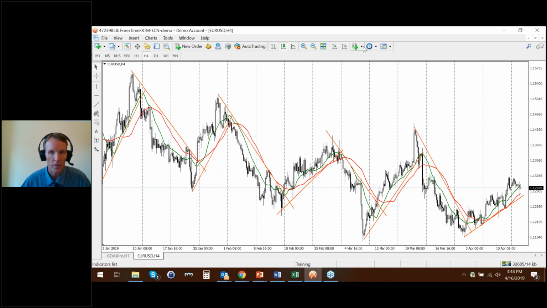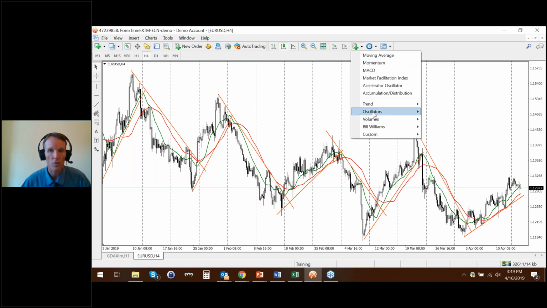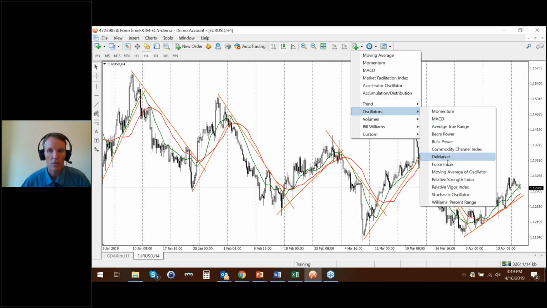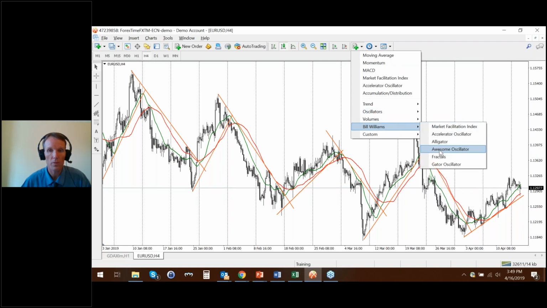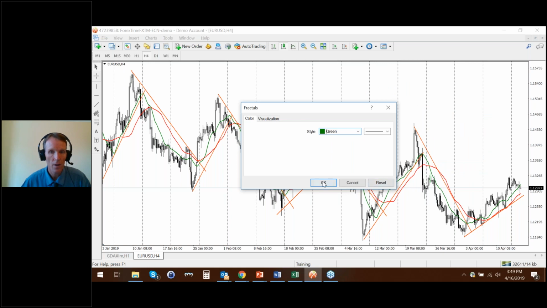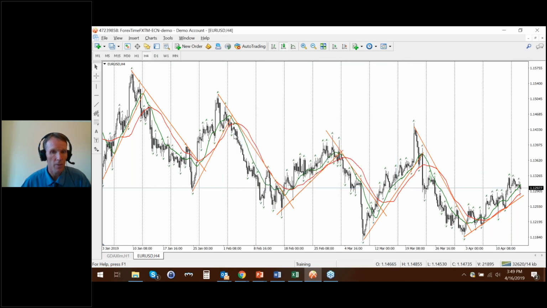Right. So what is the next one? We've got our pullbacks now. Now we want our timing. We go to the fractals, or Williams fractals, and we put in our arrows. Purpose of that advisor or